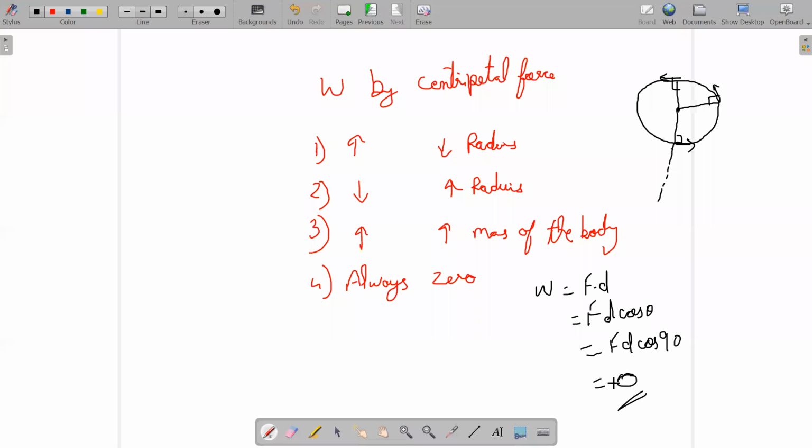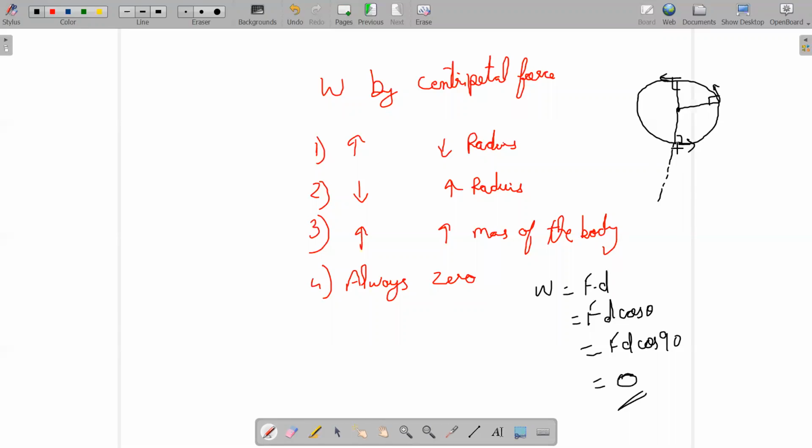Now before doing this question, there was a question asked by, I guess, Nikhil, right? He asked whether the motion is at constant velocity or not. It doesn't matter whether it is at constant velocity or not. I didn't answer that earlier because you would have always said 0. The point is, whether it is constant velocity or not doesn't matter, because the centripetal force is always perpendicular to the displacement.